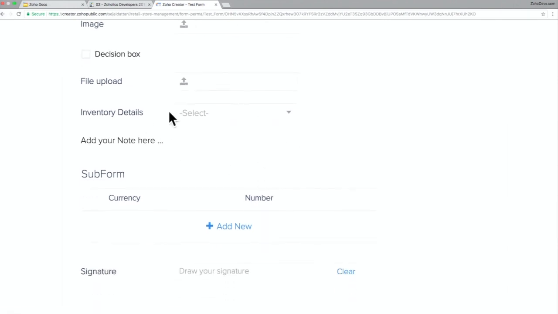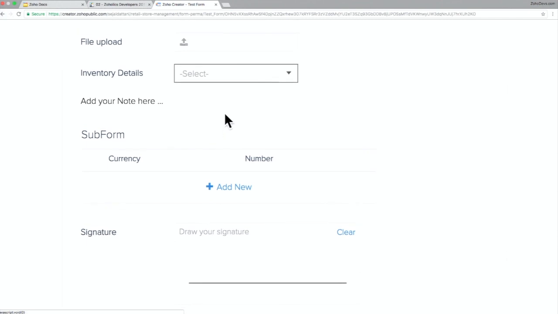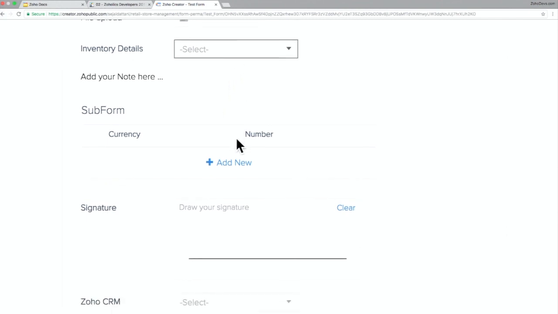So next you have a lookup field. The lookup field basically allows you to fetch information from another form. There were two forms in Karen's application, that is the registration form and the lessons form. In the registration form, which the student submits, you had a lesson field, which was actually a lookup from the lessons form. So it lets you fetch information from another form. That is a lookup field.